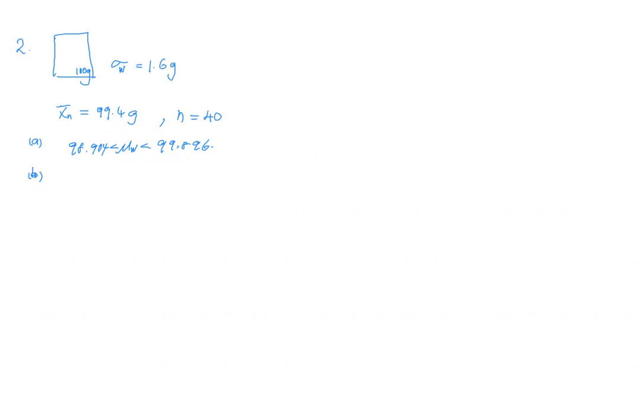So B, use the confidence interval to test the claim that the mean net weight of the bag is 100 grams. By the way, you see the claim of the customer: a customer claimed that the bags have been lighter in recent purchases. Lighter means the mean weight is less than 100 grams. So how are you going to justify the claim? So next person,